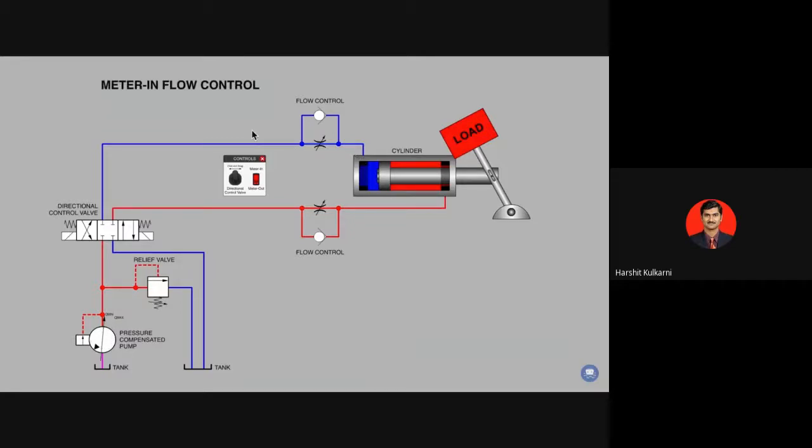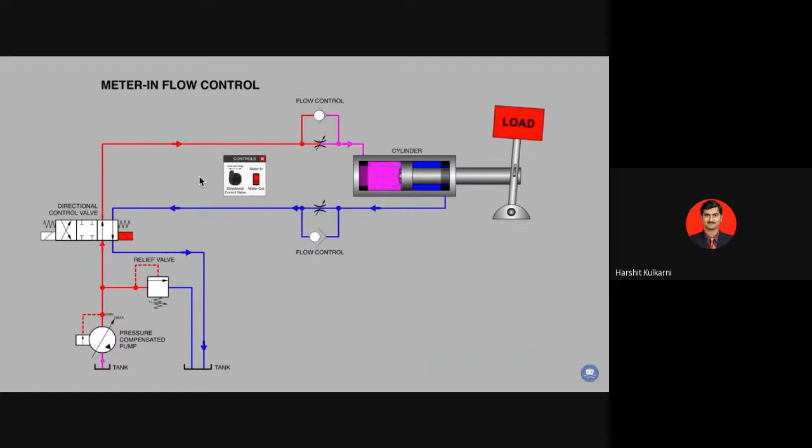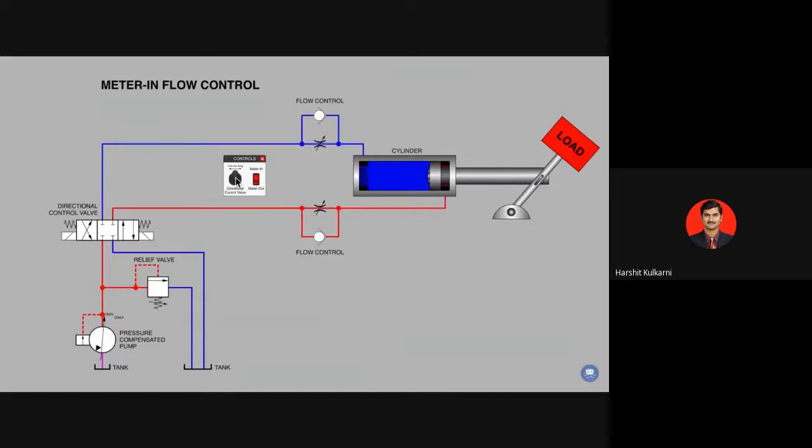The word meter in or meter out is not a reference to which direction the cylinder is traveling, but rather a reference to whether we are controlling the rate of flow as fluid enters the cylinder or as fluid is leaving the cylinder. In this case, we are set up to meter the fluid as it enters the blind end of the cylinder. Fluid will not be able to pass through the check valve. Here we go. It's all working well in the first part of the cylinder's extension, but as you could see, as the load went over center, things got really interesting.